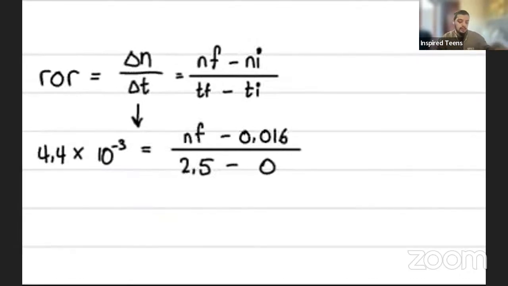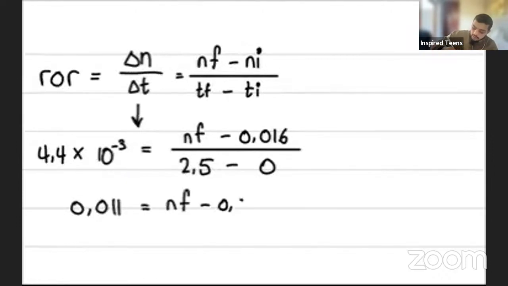Okay, so we multiply the right-hand side by 2.5. So 2.5 times 4.4 times 10 to the negative 3. So here we get 0.011 is equal to N final minus 0.016. Take it over as addition, plus 0.016. And we get an amount of